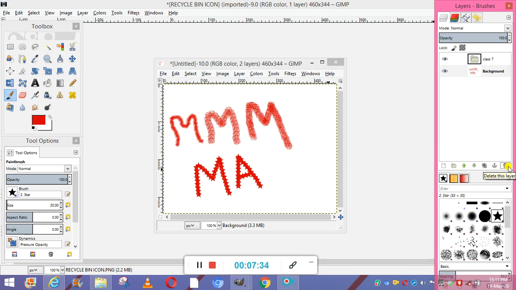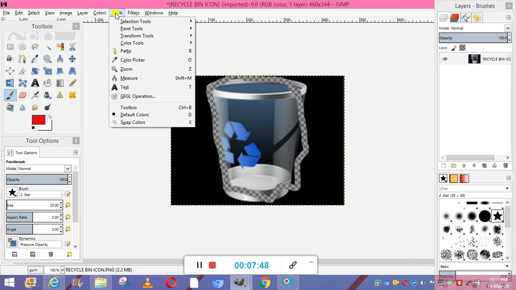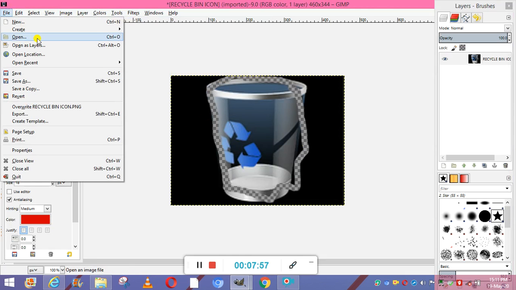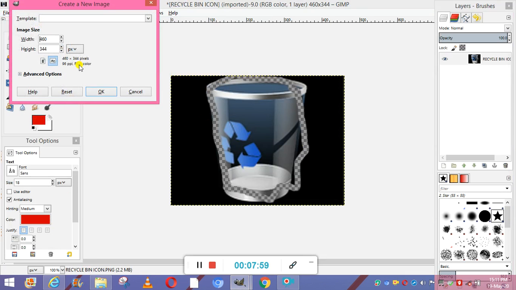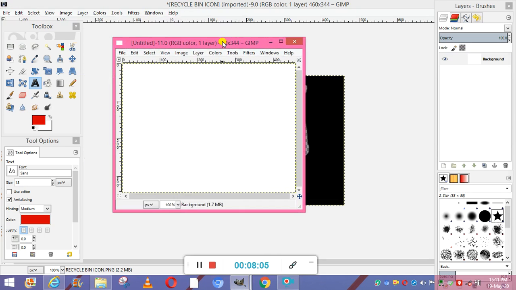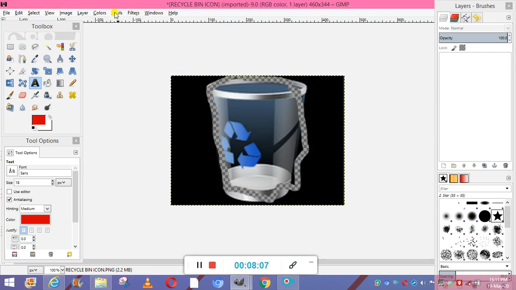Okay, so you can change the font style, color and the size of the text to make it more attractive. What you will do, you will click on the image window, and from there you will go to the tools menu. Then a text option is going to appear here. This is the text. Okay, for that I need to create a new layer, because already an image is placed in this layer. Okay, so I have made a new layer, and again I will go to the tools option. From here I will select the text. Okay, where is my new layer?